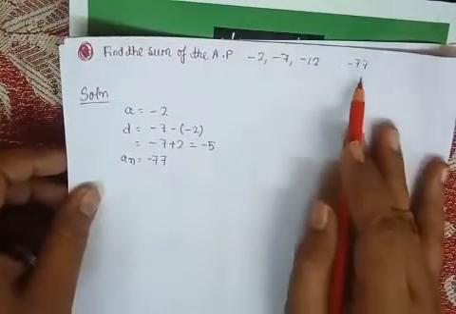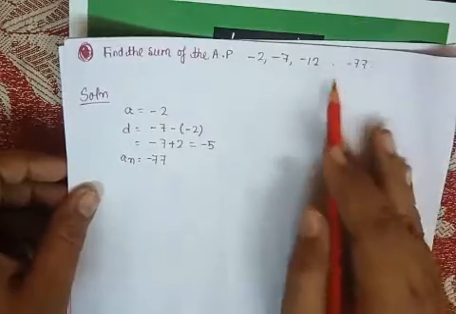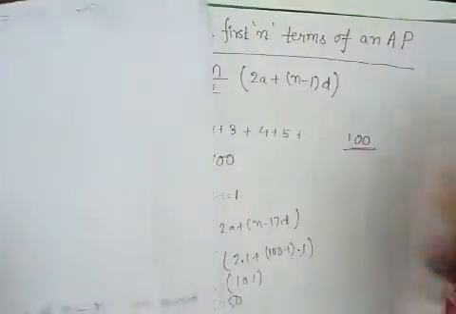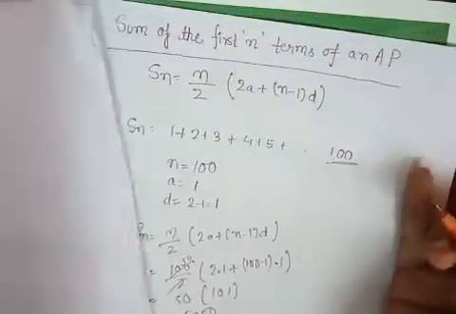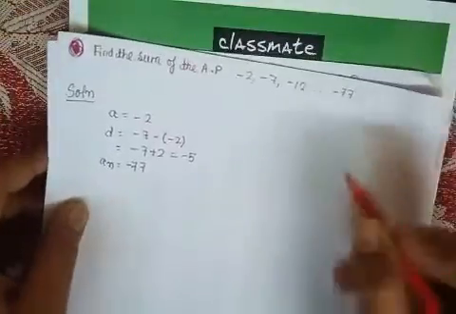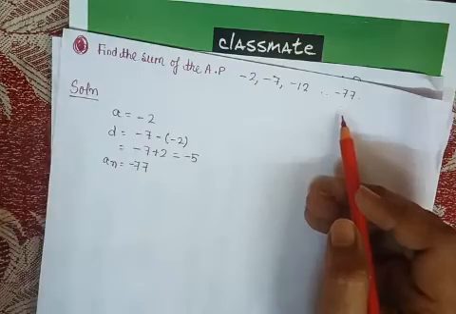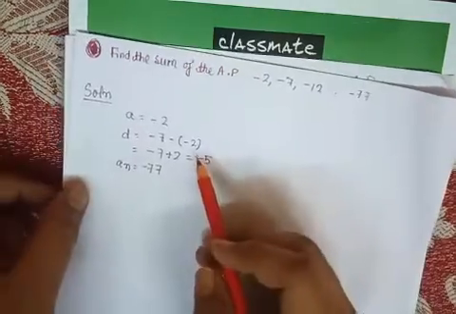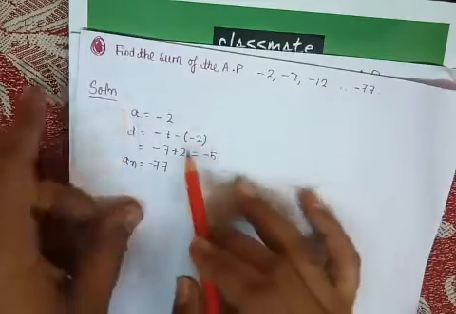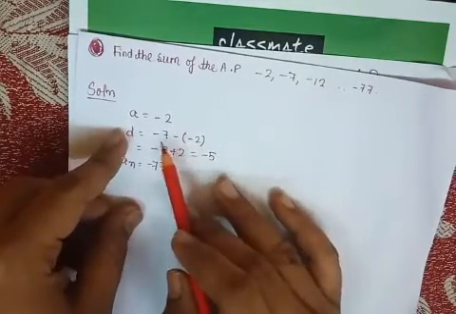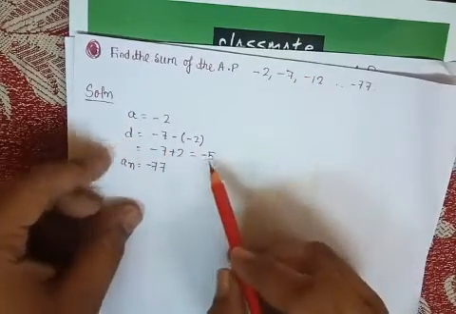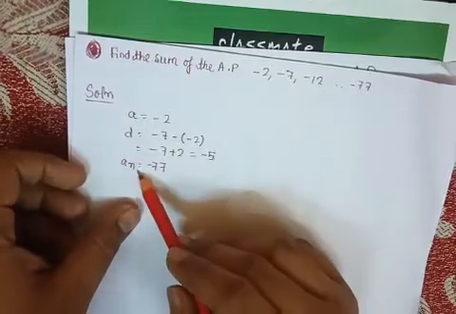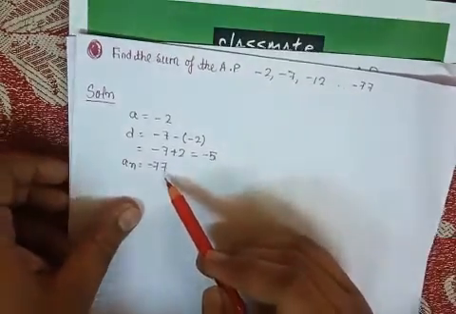ओके, सो यहाँ पे हमें दिया हुआ है -77, पर ये n नहीं है बिकॉज दिस इज नॉट द टर्म ऑफ द सीरीज. पिछले सम में हमें समझ में आ रहा था कि ये टर्म ऑफ द सीरीज़ है, क्योंकि 1 2 3 4 5 ऐसे करते करते 100 टर्म ही 100 होता, पर यहाँ पे दिया हुआ है -77. -77 कौन सा टर्म है, ये हमें निकालना पड़ेगा. उससे पहले हम जान लेते हैं कि a क्या दिया हुआ है, -2. d दिया हुआ है -7. a दिया हुआ था -2. d हम निकाल लेते हैं. कॉमन डिफरेंस -7 minus -2, which comes to -5, and the last term an was given as -77.